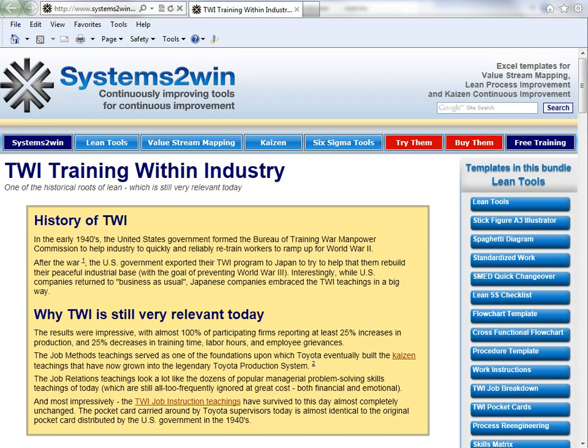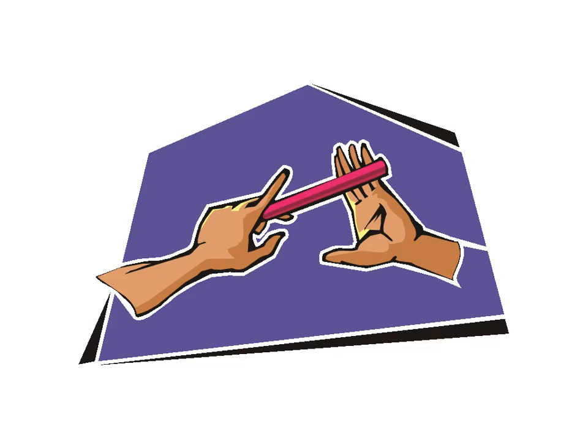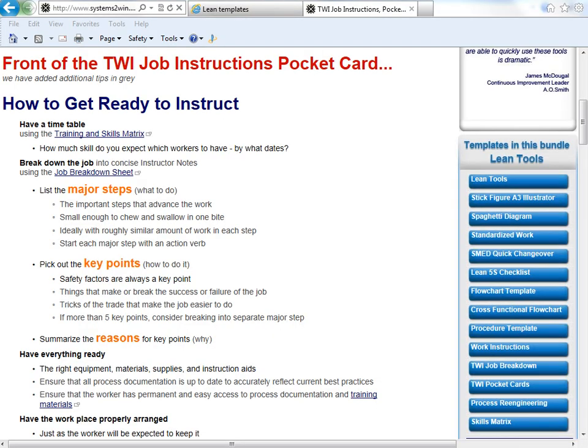As explained in our online training, the TWI (Training Within Industry) methods provide a repeatable, teachable way to ensure that the trainee doesn't just nod their head and say, "Yeah, got it," but actually demonstrates to the trainer that they actually do know how to do the job correctly. And your Systems Twin templates even come with TWI pocket cards that you can easily personalize for your own internal